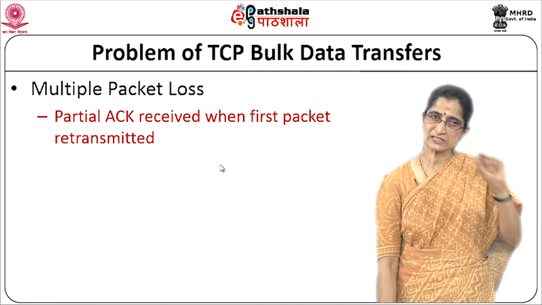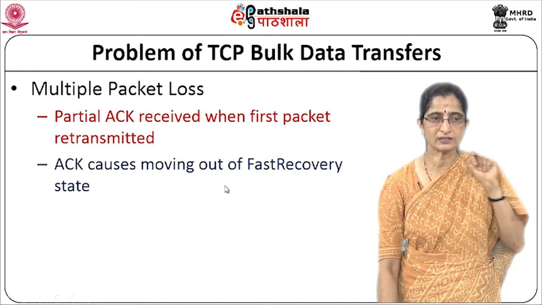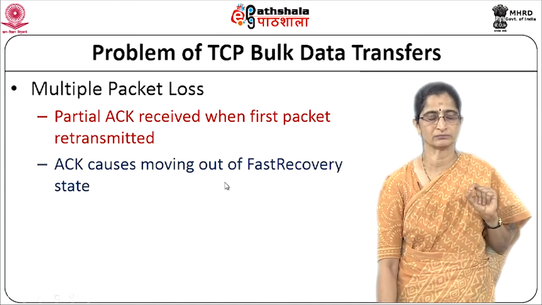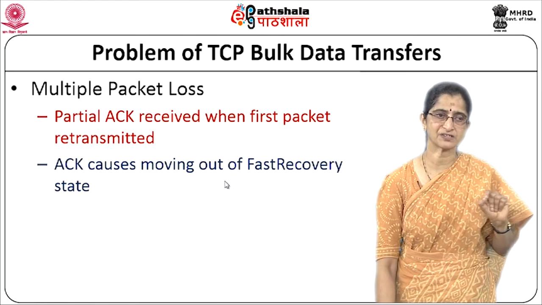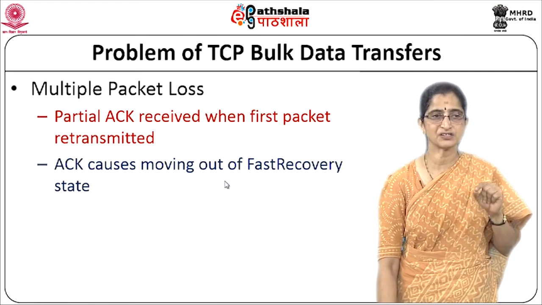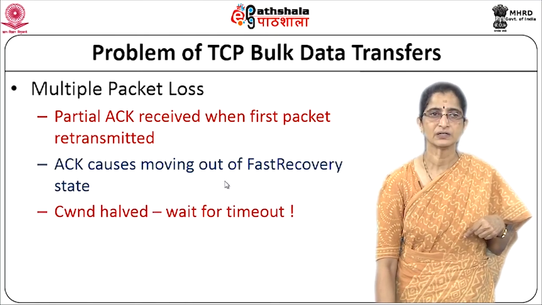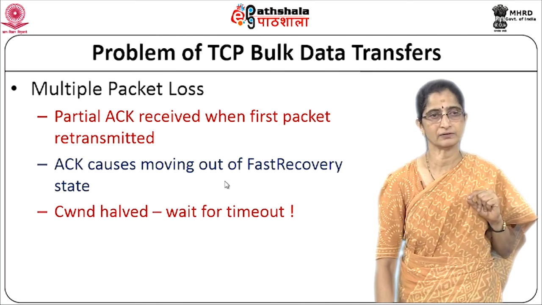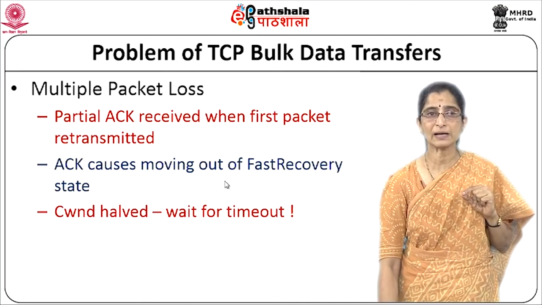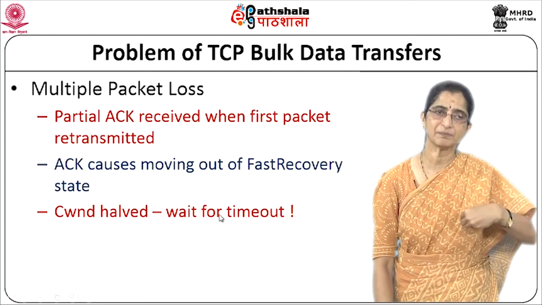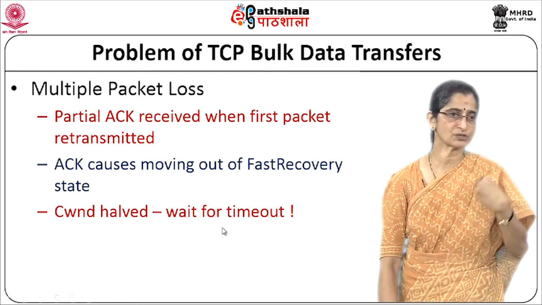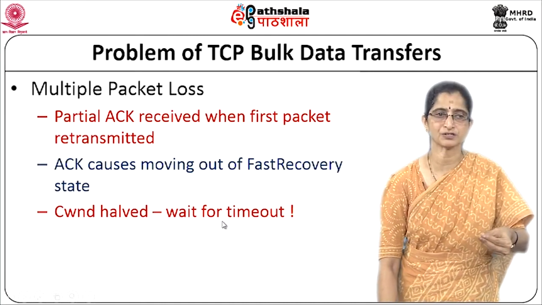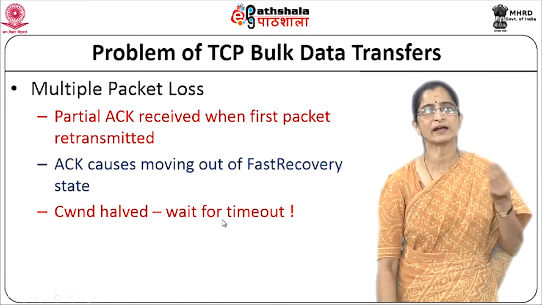Now, what will this ACK do? It will cause your TCP Reno mechanism to move out of the fast recovery state, right? You will come out of the fast recovery state, which means you will set your congestion window to half the value, right? And you will try to start transmitting. But what will happen, because you do not have any packets to transmit, right? And you are waiting for acknowledgements to come, because the acknowledgements are not going to come because packets have been lost, right? What will end up happening is that you will get a timeout.